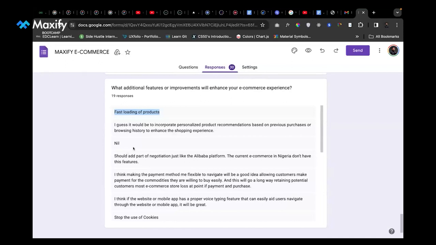All right. Someone said nothing new. Someone said we should add the part of negotiation. Yeah, it's very important. I like that. Should have the part of negotiation, just like the Alibaba platform. And even on this system we're trying to build, there's going to be negotiation. We'll add a session for negotiation, because